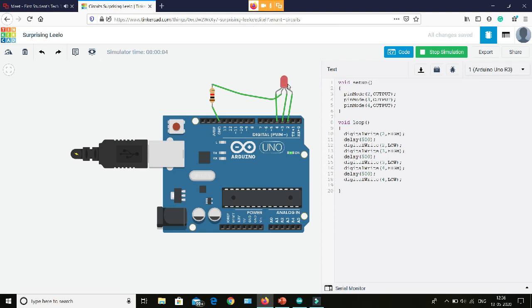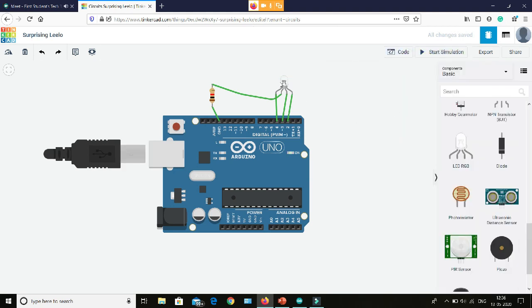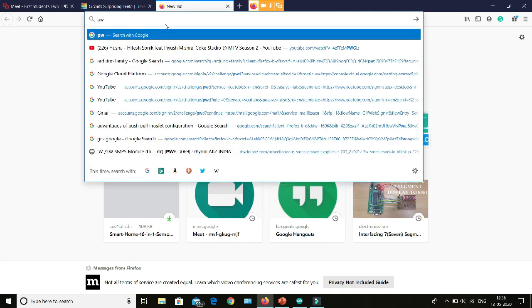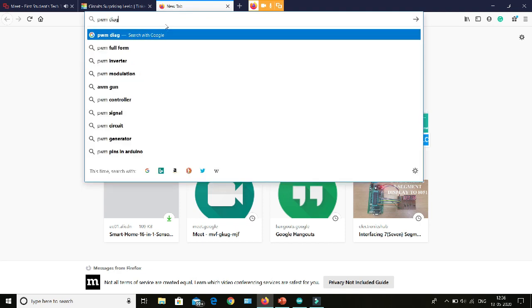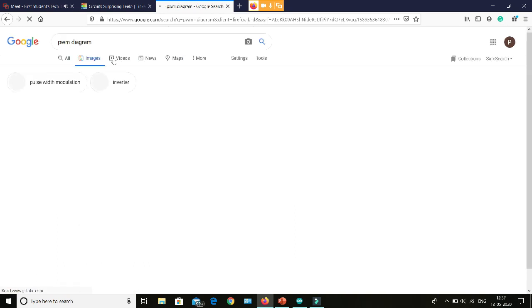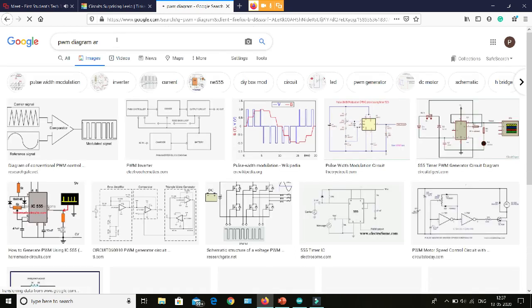As I talk about PWM signals, which is the pulse width modulation signal, firstly I will tell you what the PWM signal actually does.